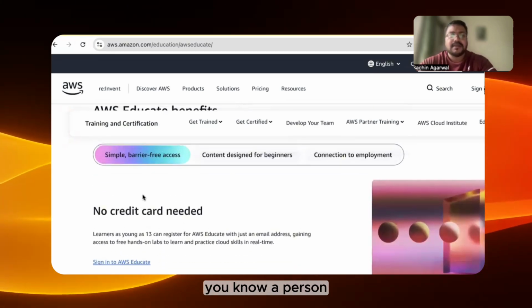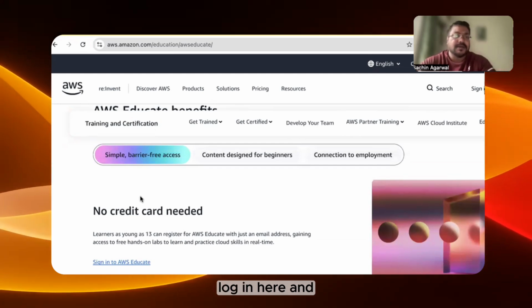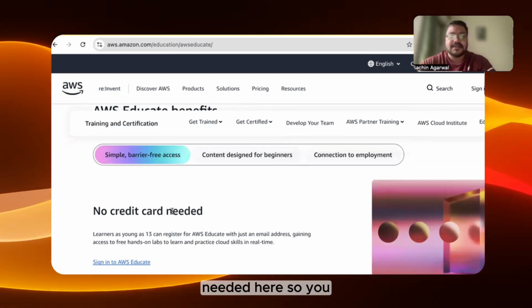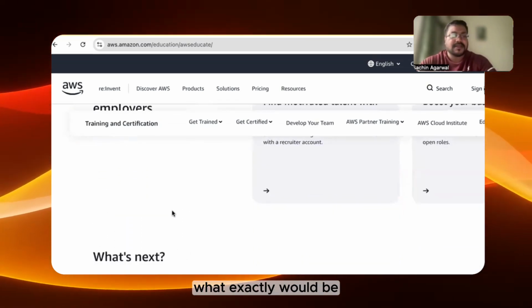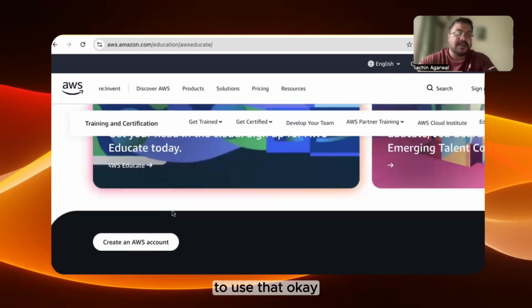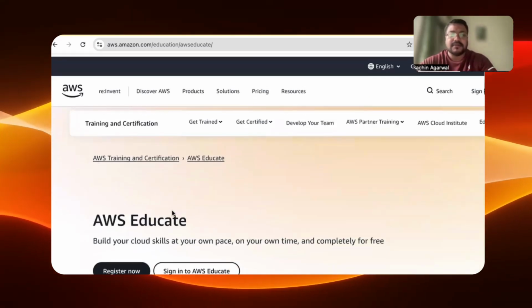Now the good part is that a person of 13 years of age can also log in here, and no credit card or anything is needed. So you can just sign in, see what exactly would be helpful for you and try to use that. Okay, so that way you can use the AWS Educate service. Now